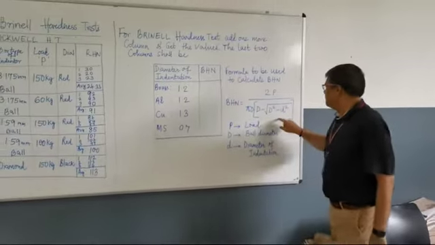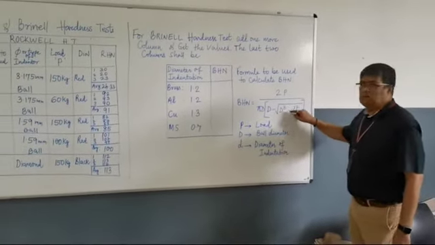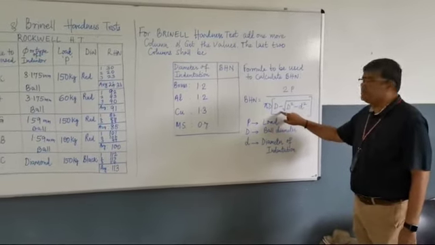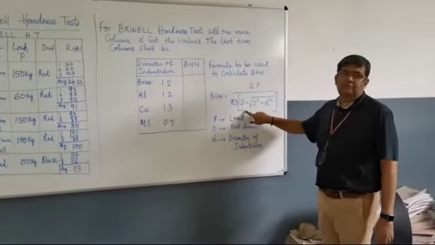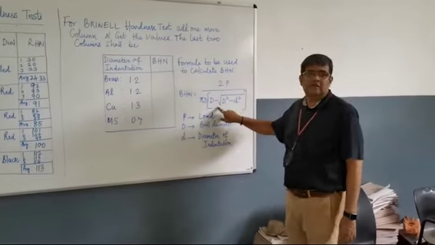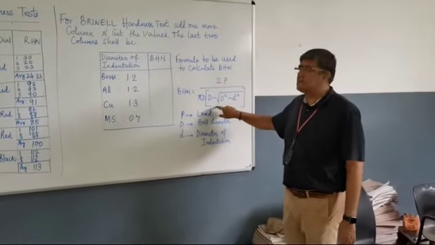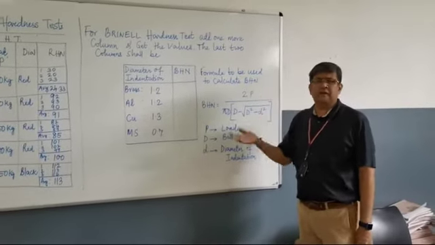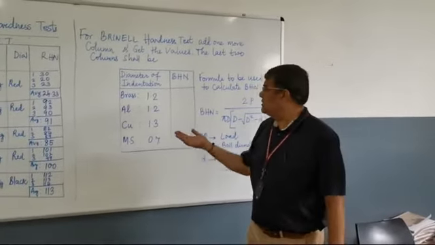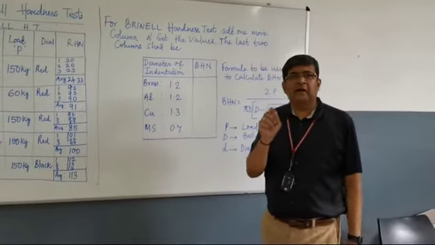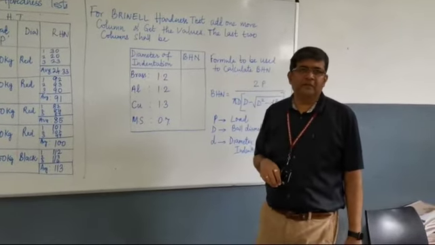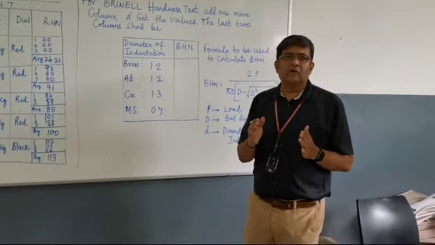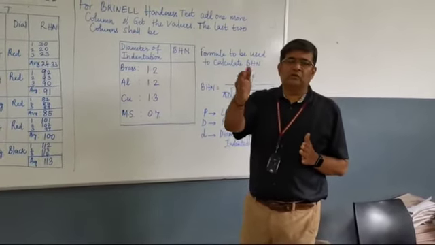So what happens in this formula? This value will become 0. So it is going to be square root of D square, which is D. D minus D is again 0. So we get another factor where the denominator is 0, which is again indeterminate, that is the hardness number tends to infinity. So with extremely hard materials, it can so happen that there will be hardly any diameter of indentation. So the actual methodology, the various steps, how we need to conduct the experiment, we will go to the setup